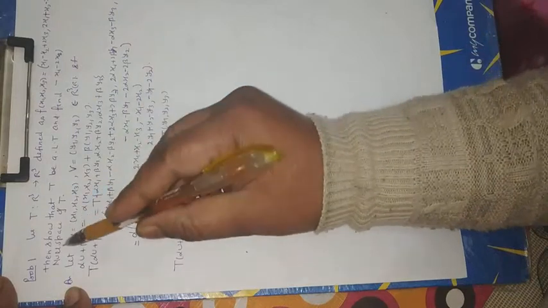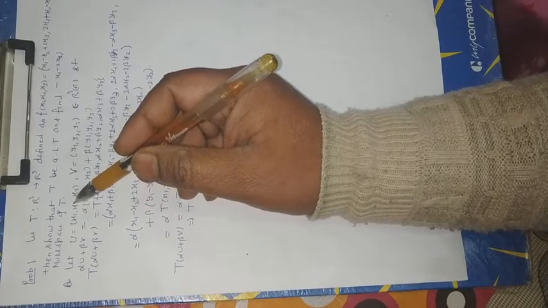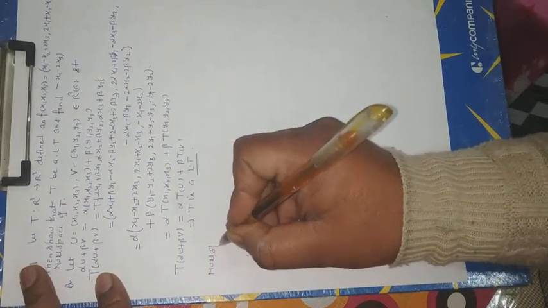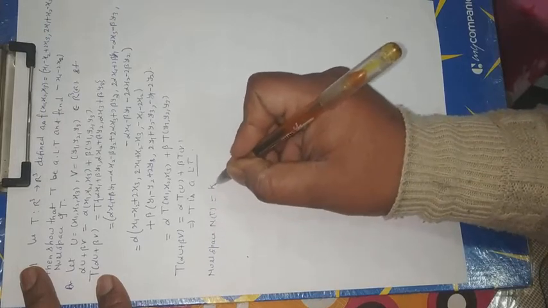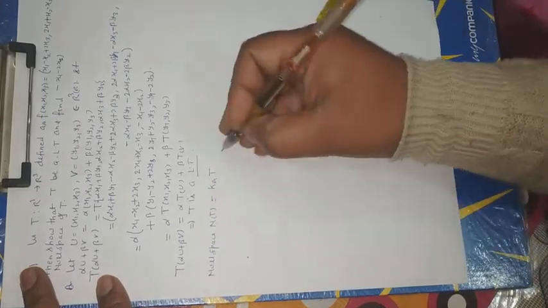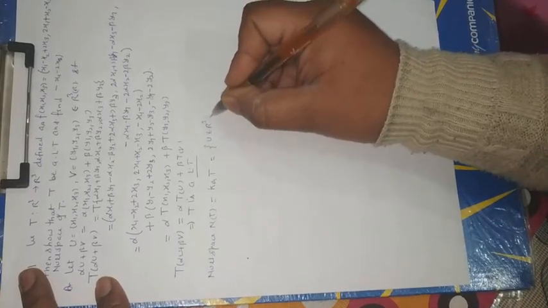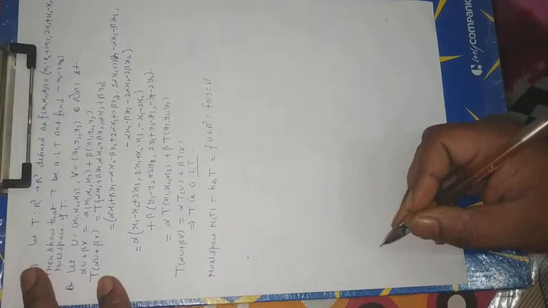Now, first we proved that it is a linear transformation. Now we find the second part, the null space of T. This is the kernel of T. Null space equals kernel. Now null space is written as N(T) or kernel T, always equal to the set of u belonging to R cube such that f(u) is equal to 0', the identity of the codomain.